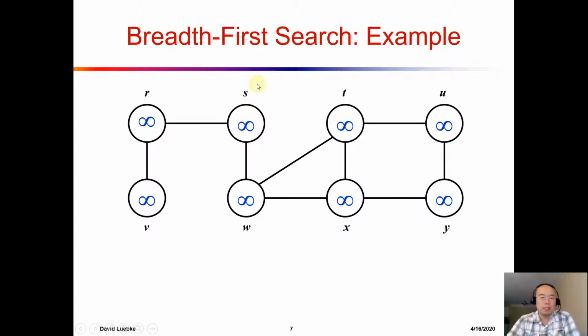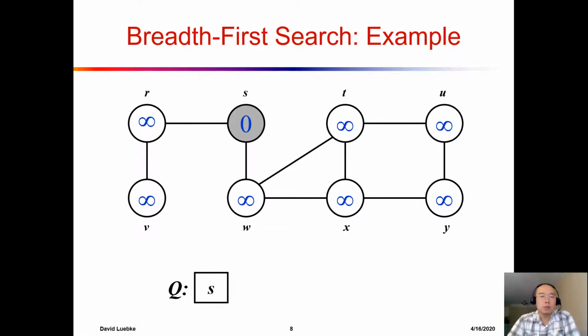So to set this up, at the very beginning, we color all the nodes white. After that, we send the root, which is S, to the queue. And remember, when we are doing the breadth first search, we are making use of a queue data structure. A queue allows us to do first in, first out, right? Then we are going to iteratively pop one from the queue, and then we explore all the adjacent